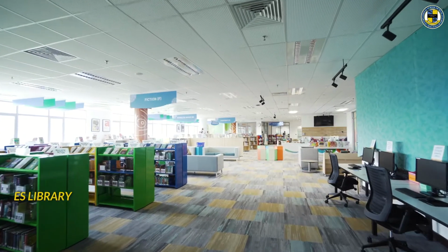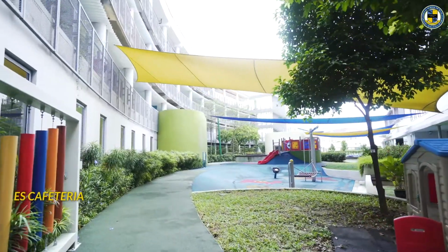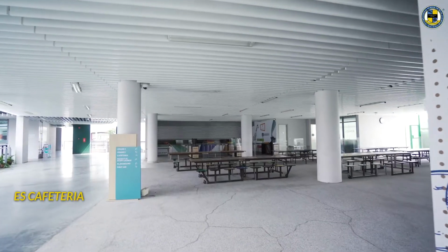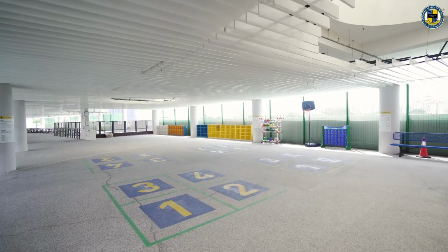Need a break? Then our elementary school cafeteria and playground are welcome spaces for our younger learners to take a breather from their learning. Our warm and friendly cafeteria offers a wide variety of snacks and lunches for both students